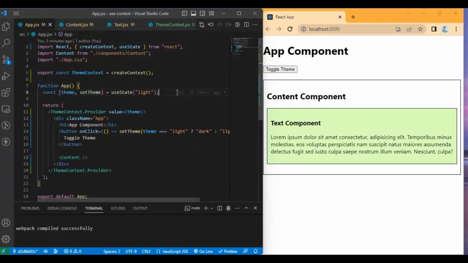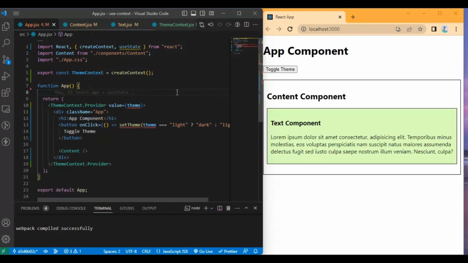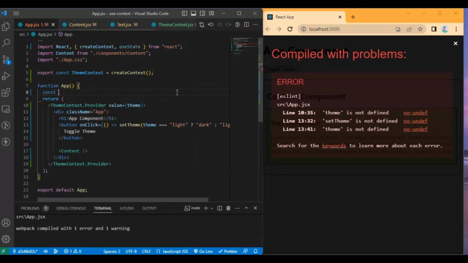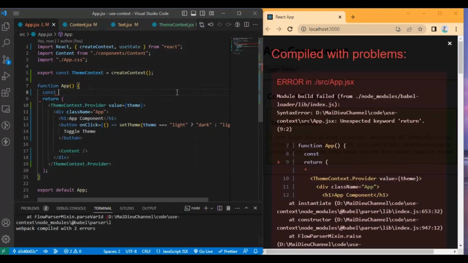I will get a theme from my context. No, I think I just want to get a toggle theme function.